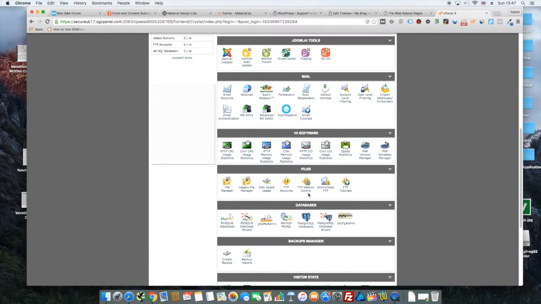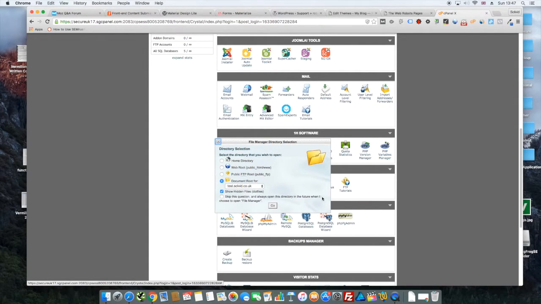hosts. So then we're gonna locate the file manager under the file tab, and then we're gonna choose the document root for. So if you have more than one domain or more than one subdomain, you should really be careful with this, because you might be adding and editing robots for some other domains you don't want to edit it for. So I've set up a new subdomain called test at solve.co.uk, which is basically a simple